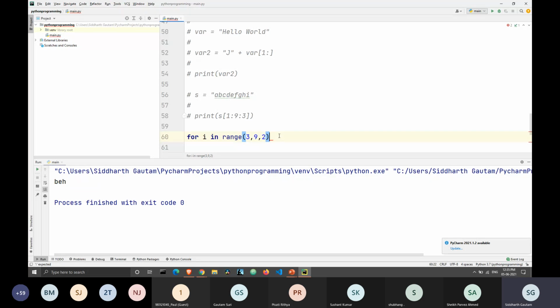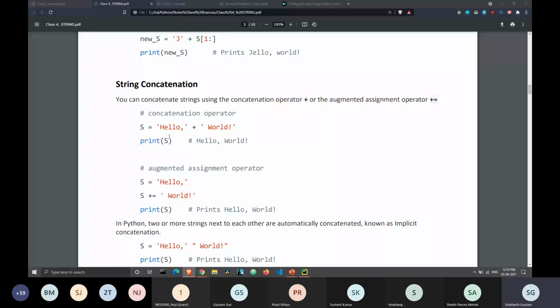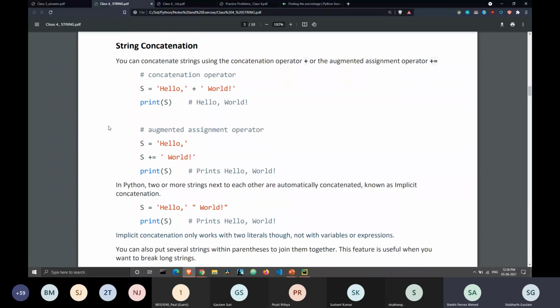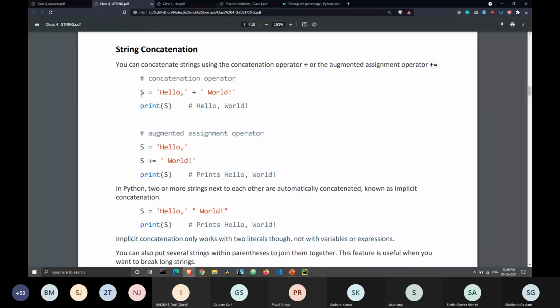So it's the same format which is present in the for loop and in slicing. Things repeat. As Parvez said, he's absolutely correct. Things repeat in every programming language, and that's the pattern. Once you get the pattern recognition in your brain, you'll be able to connect it very easily.